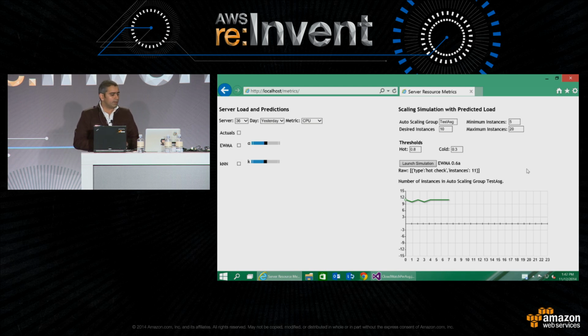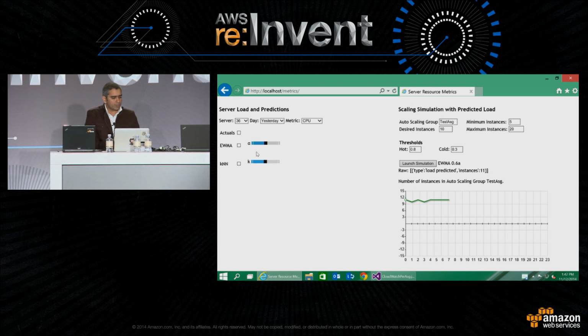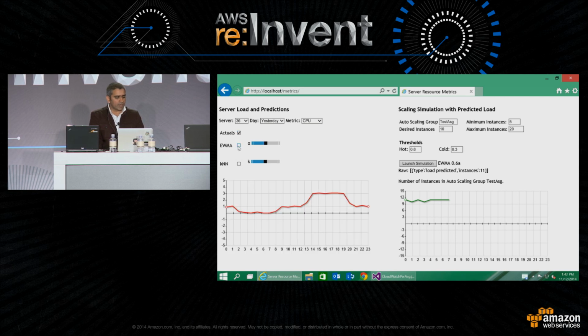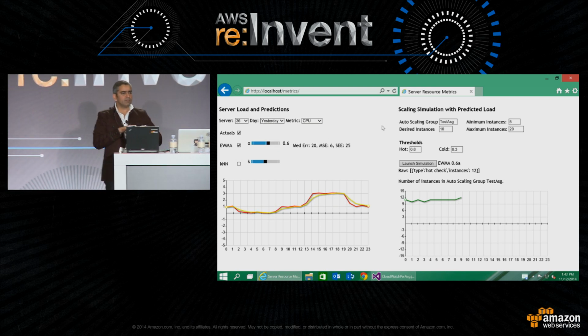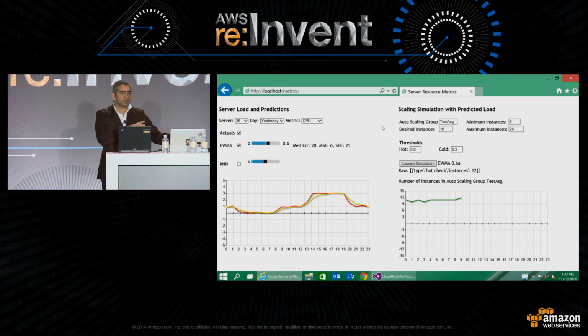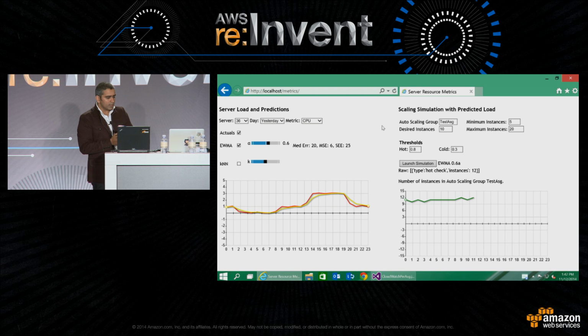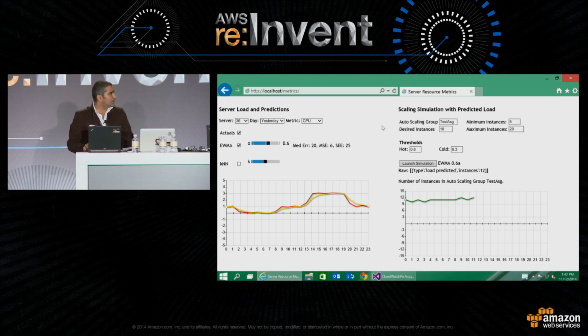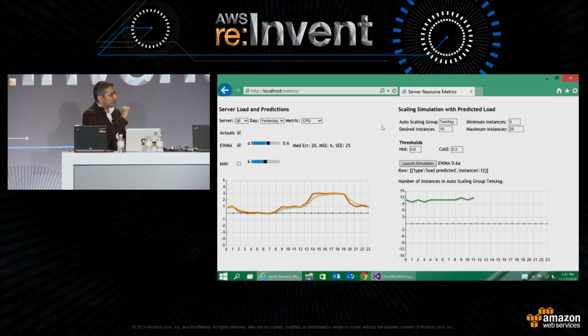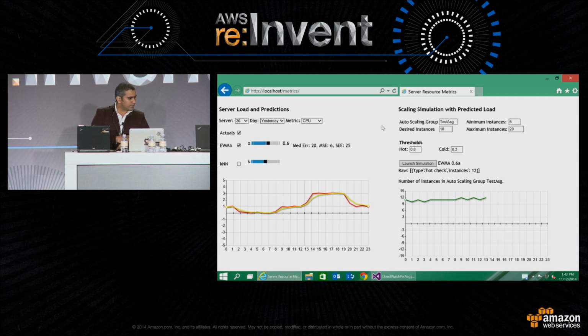Okay. So what you will see is, it's using the exponential moving average at the value 0.6. So let's keep it at 0.6. And when it finishes, you will see the trend will be very similar to what we had observed in terms of how the application was doing. I'll leave it open until it finishes, but I can take some questions right now if you have any. It's already 12. We have 3 minutes.